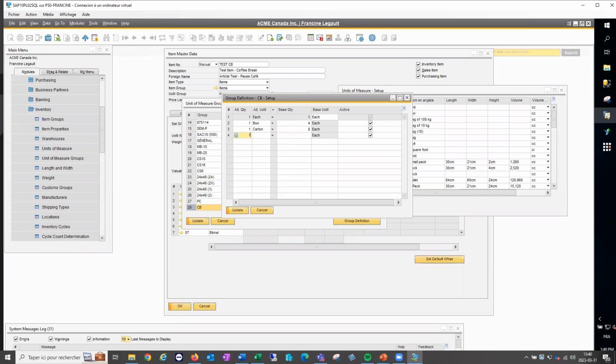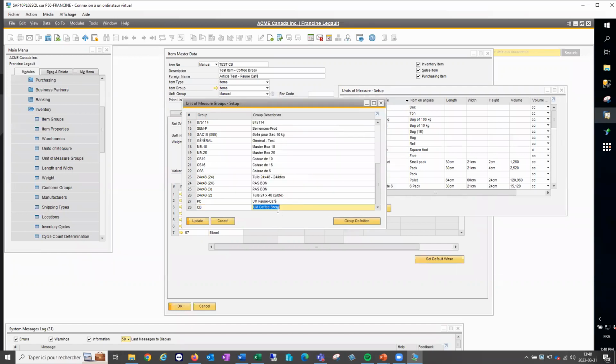And if I have 1 pallet, it's going to contain 216 units. Once all my conversions are created, I will update my group, and my group is now created, and I can assign it to any items that I want.